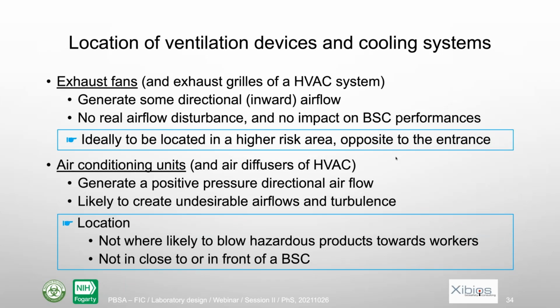To finish this part, a word about the location of ventilation devices and cooling systems. And I think that this is quite important. So there are two types of ventilation system, some that suck the air and some that blow, push the air. Exhaust fans suck the air, and also the exhaust wheel of a HVAC system. And so they create a directional airflow because they take the air from one place and send it to another place. But they do not create a real airflow disturbance. The airflow is quite direct, and those exhaust wheels of